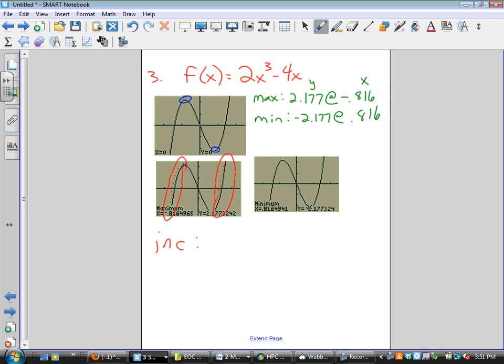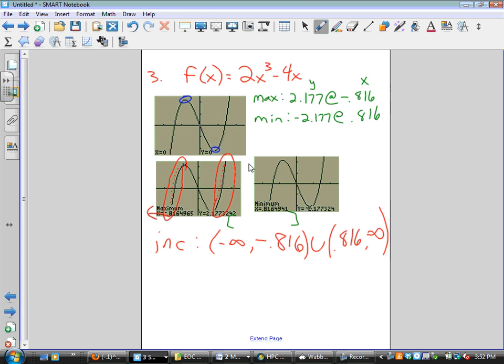Okay, so it is increasing between negative infinity, so all the way to the left, all the way until we get to the maximum, which is negative 0.816. But then it's also increasing from the minimum to infinity. So it is increasing from 0.816 to infinity. And notice that I never used any closed brackets, and that's because at those endpoints, the function is neither increasing